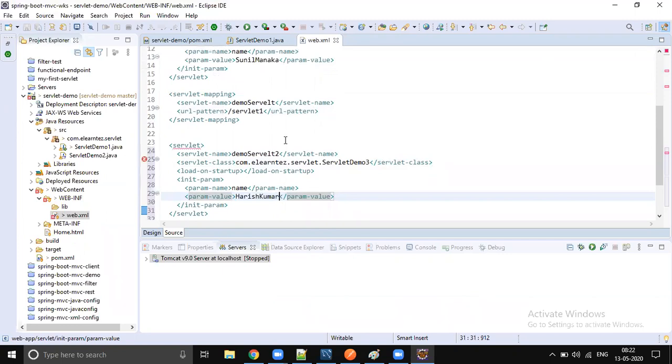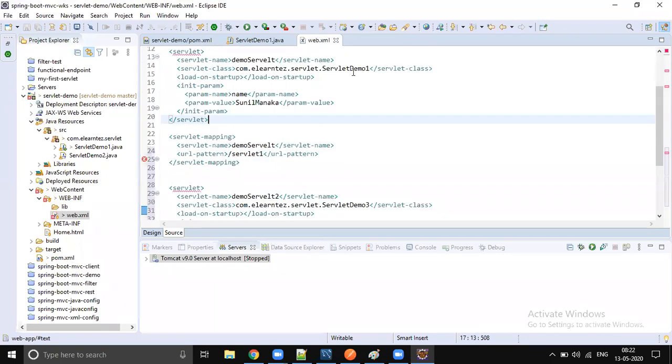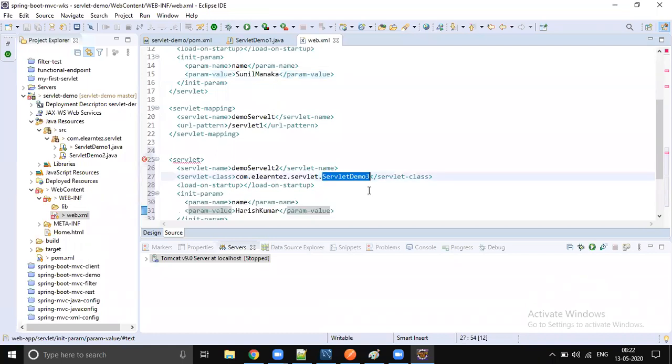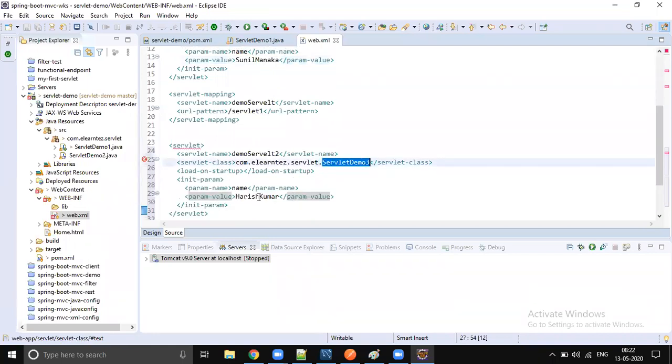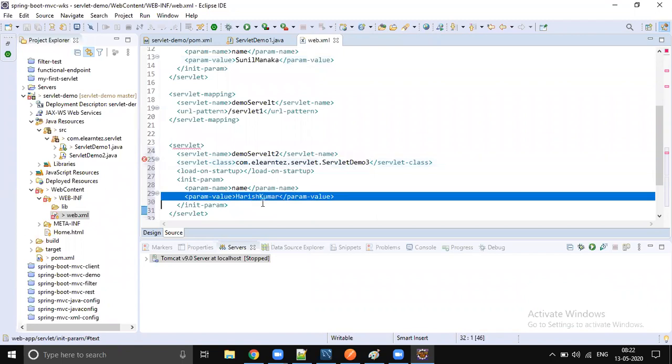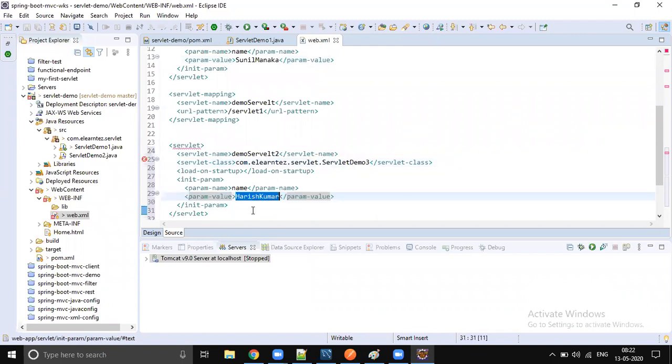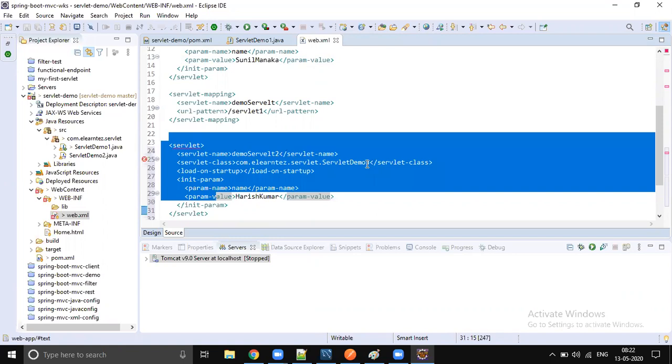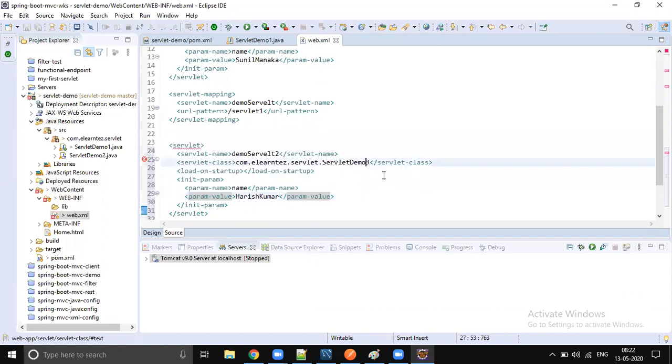If it is something you can consider like state of Telangana, you give capital as Hyderabad, and the second servlet something you consider like Andhra Pradesh or Tamil Nadu, you give the capital as Chennai, something like that. Okay, so it's servlet demo 2, servlet demo 3.